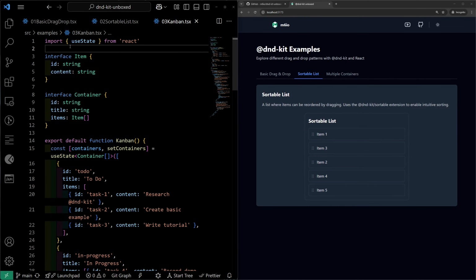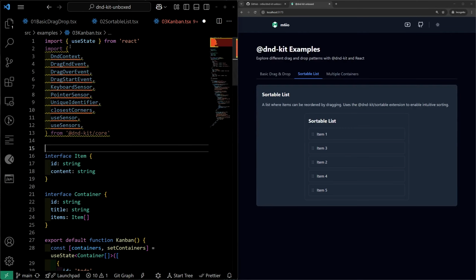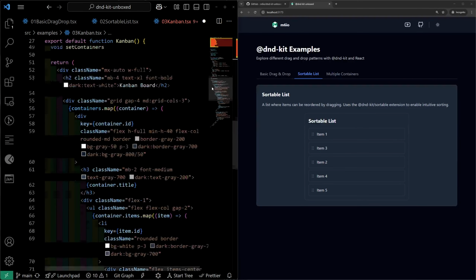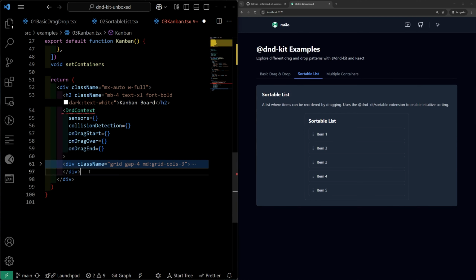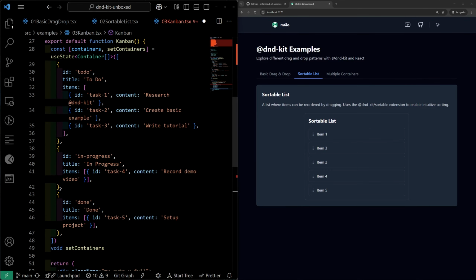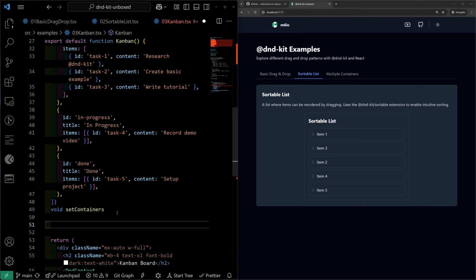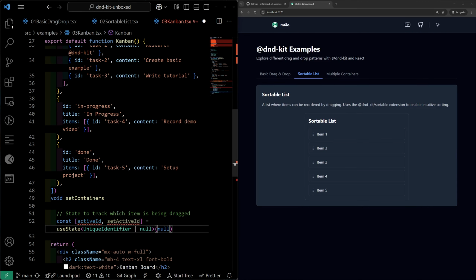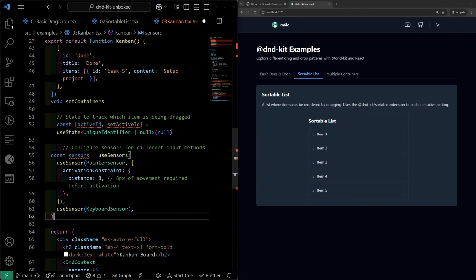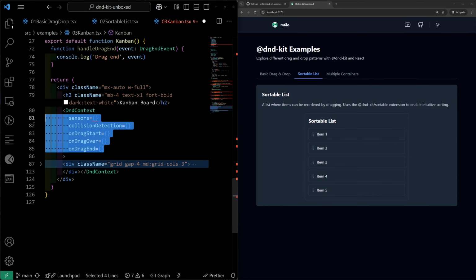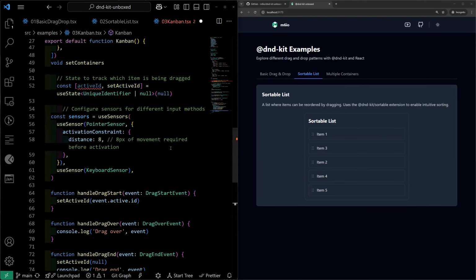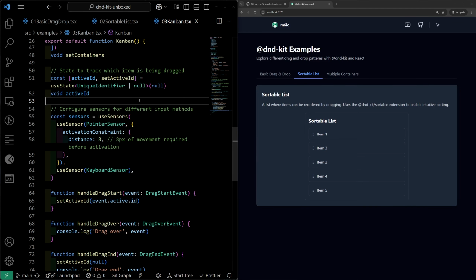First, let's add the DndContext and configure the input sensors. Let's add the following imports at the top, and inside of the JSX, let's collapse this div and wrap it in the DndContext. Make sure to add the closing tag at the end, just like so. Now back up in the component, right under the container state, let's go ahead and define an activeId state, just like we did in the sortable list. Let's then configure our sensors and define our start, over, and end drag handlers. Then let's just go ahead and add them to the props. And to get rid of this error, we'll type void activeId,